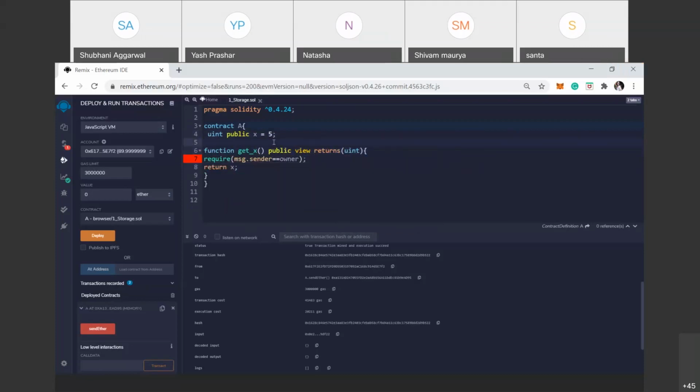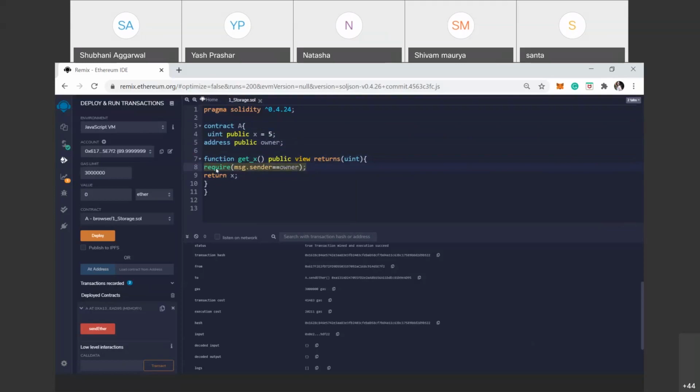Here we define address public owner. Suppose we write it in every function, so that every function is executed only when it is executed by the owner who deploys the contract.